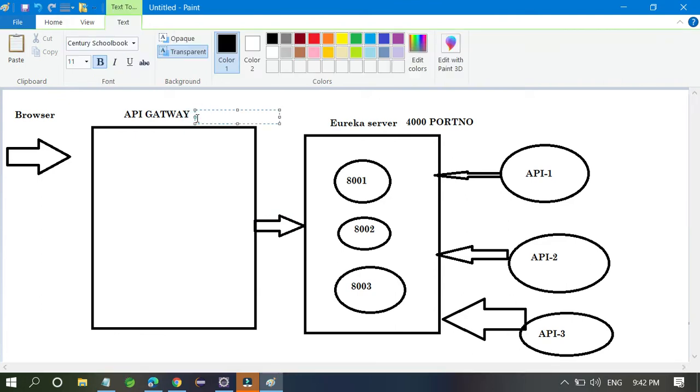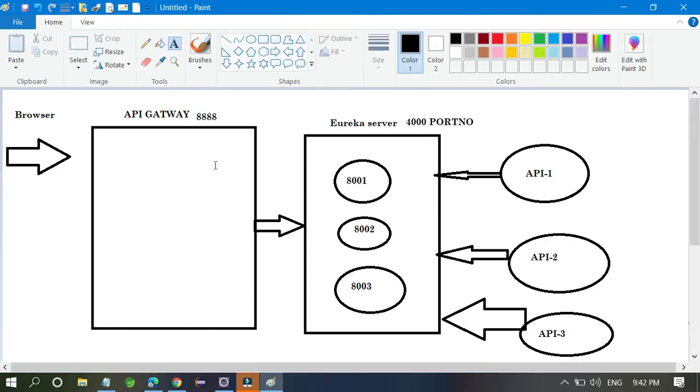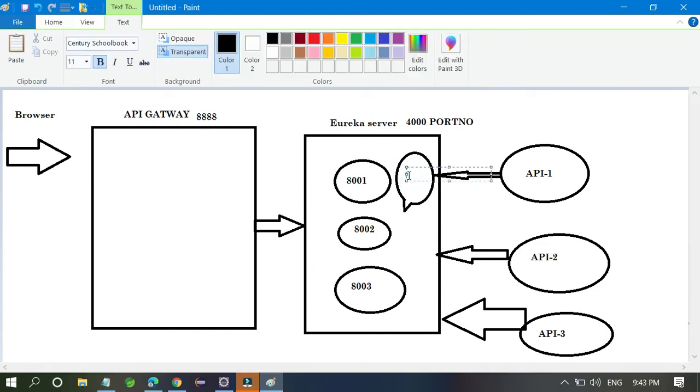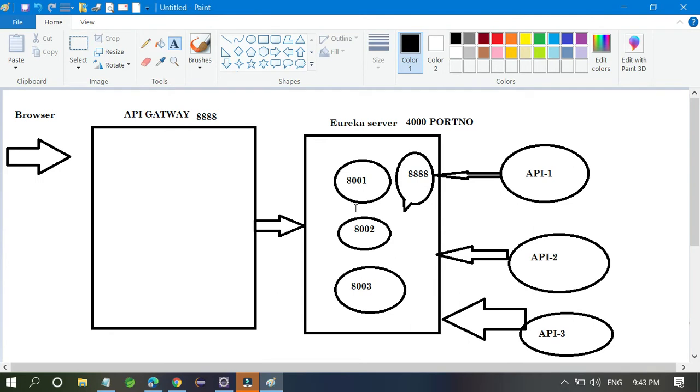For example, this port number is 8000, or we can say 48. So this API also runs on some other port number, and it is also registered with the Eureka server.